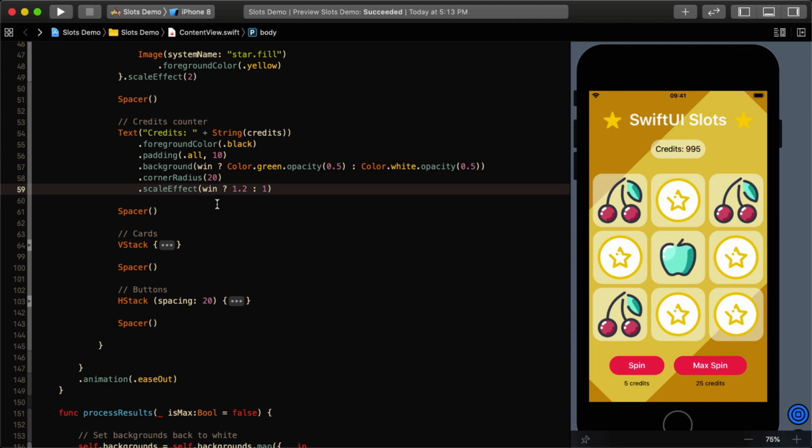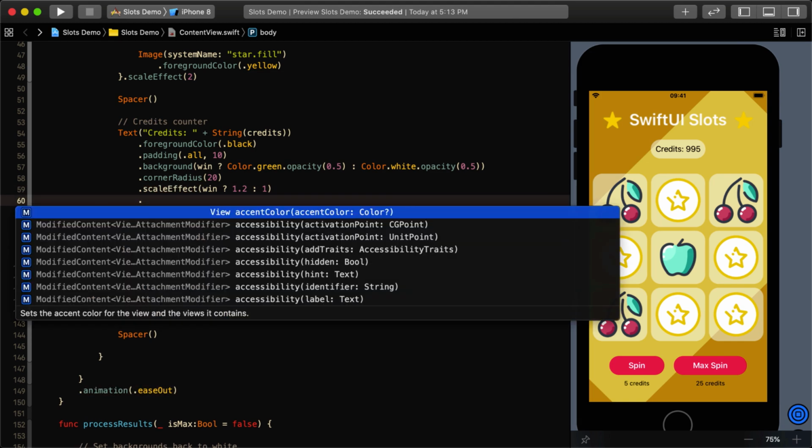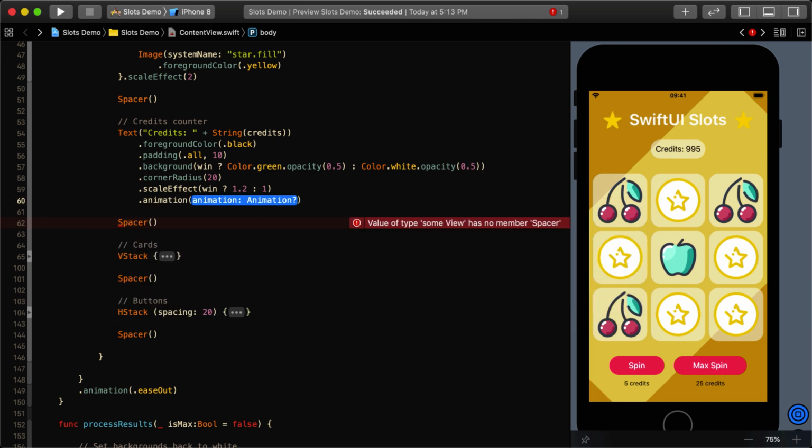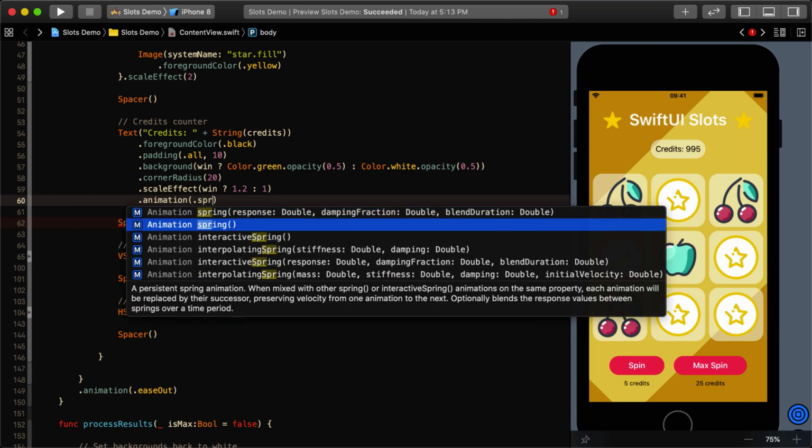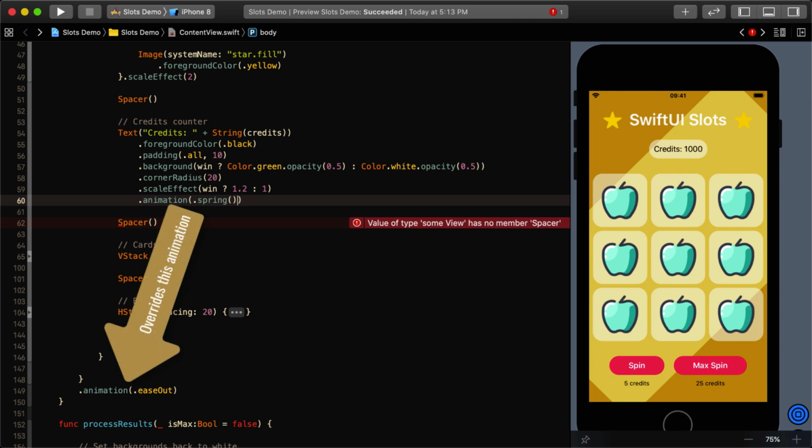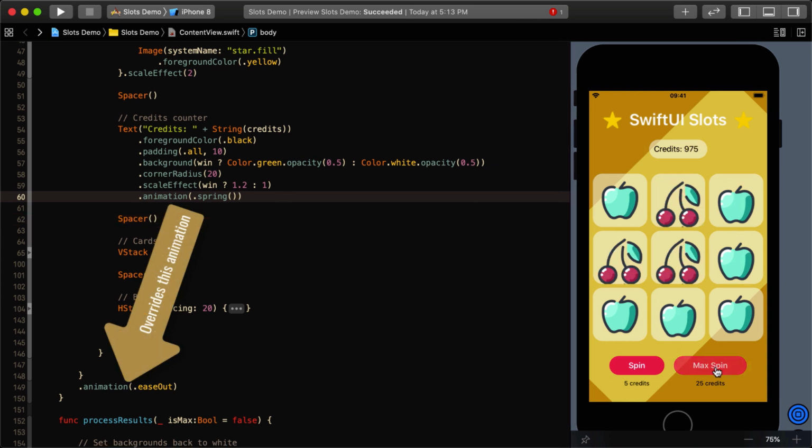Now, the animation it's using right now is this animation right here, the animation ease out, and it applies that animation modifier to all the children. Well, in SwiftUI, you can override the parent's property by putting a different property on the child. So we're using animation ease out, and instead, what I want to do is use an animation spring on this child. So it's going to override that ease out animation with a spring animation. So I'll say animation and I'll say spring. Now I can just use a spring animation right here like this. And you'll notice as I run it,